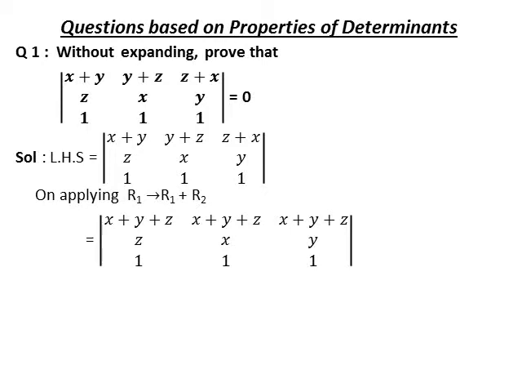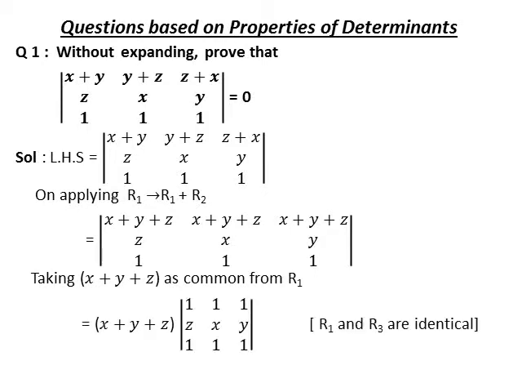From first row we can take x plus y plus z as common. So take it as common from R1. After taking x plus y plus z as common, we observe that elements of R1 and R3 are identical. So determinant is 0. And when we multiply x plus y plus z with 0, it is also equals to